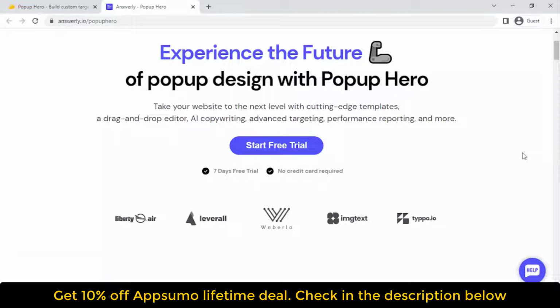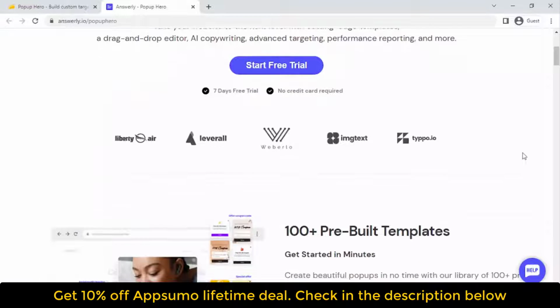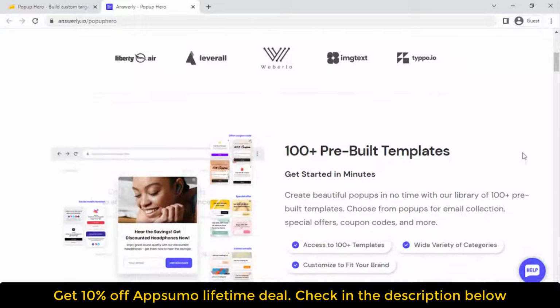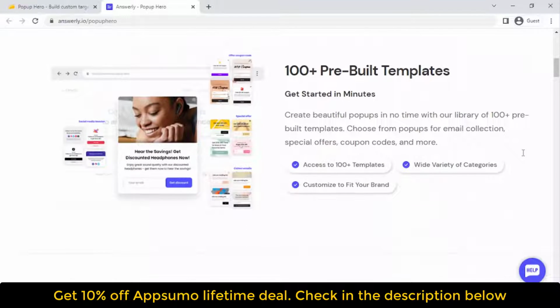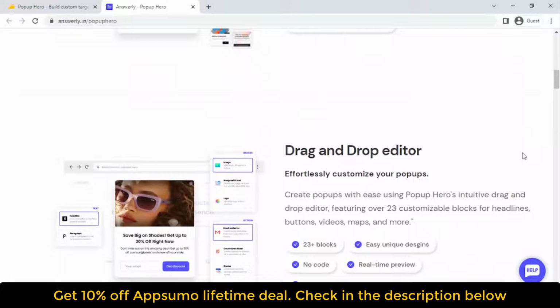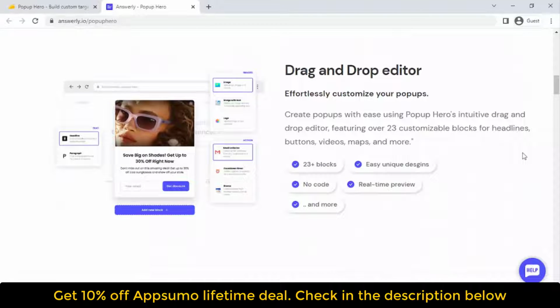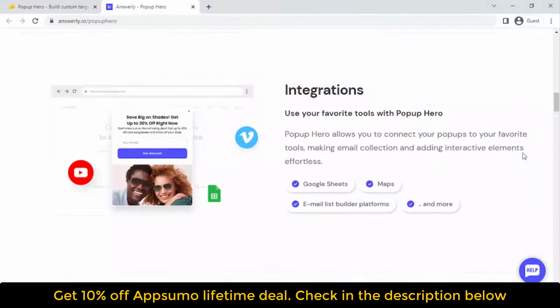data collection easy. Best of all, you can use the power of AI to generate pop-up copy that gets your visitors' attention and drives them to take action. Popup Hero's AI content writer can create high-converting, personalized copy, making writer's block a thing of the past. All you need to do is give a brief description of your pop-up, and AI will whip up relevant copy